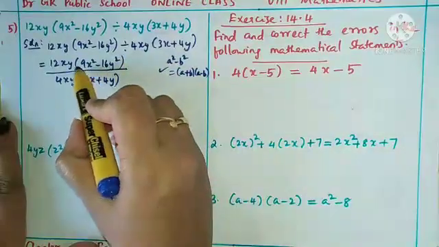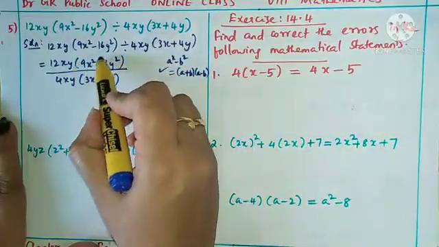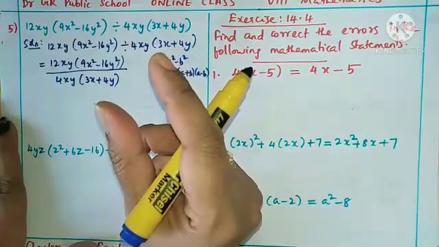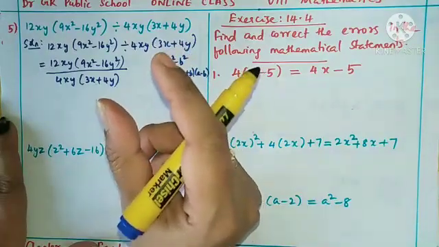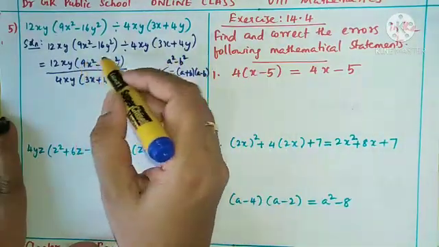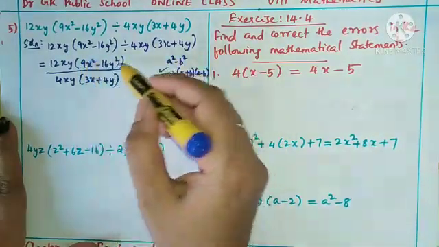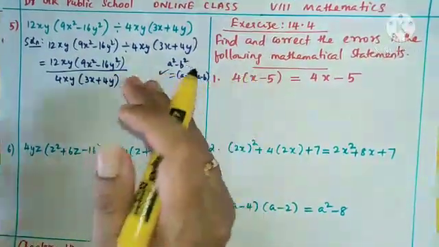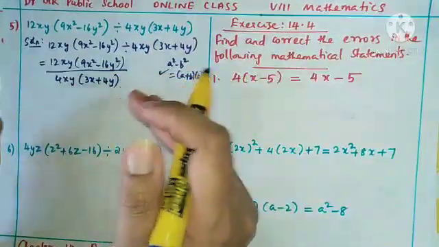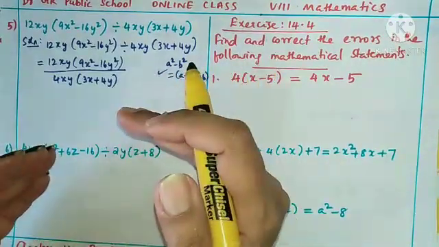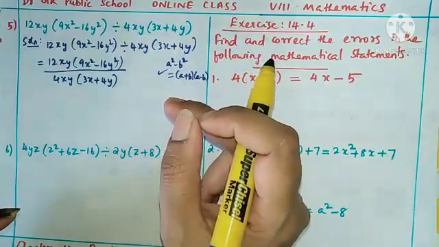So we want to write this 9x square minus 16y square. We want to write it together as one square term, that is a square minus b square. But here you see x is only having square and y is only having square. So how we can write in the whole square form? Then only we can apply this formula. How we can make this 9x square in a whole square form?